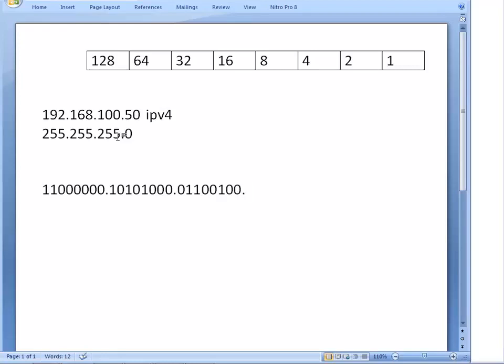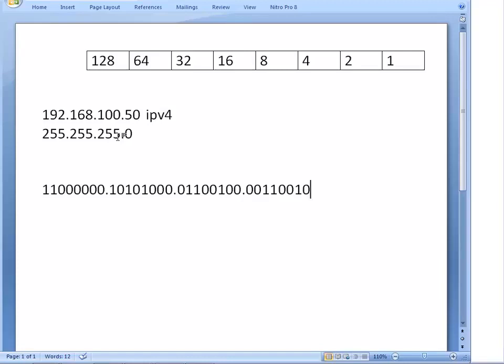And 50 is 00110010. Okay, that's fine. Now this IPv4 address needs to have a subnet mask to tell which portion of that is